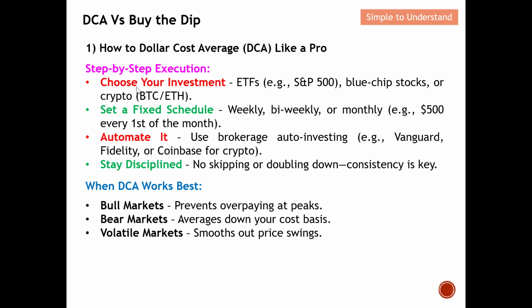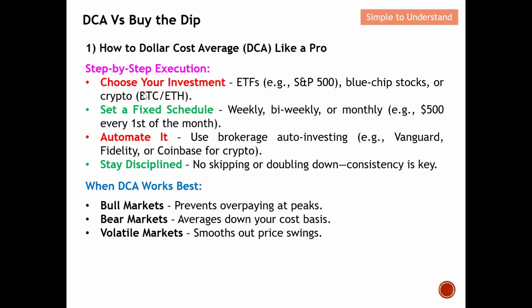Next, on crypto. Crypto is known to be a very volatile market. So therefore, in order to fulfill this DCA, I will strongly urge either BTC or ETH, Bitcoin or Ethereum only. The rest, I feel, are too difficult to do in terms of DCA for a long-term investment and also for somebody that is new in terms of investment.